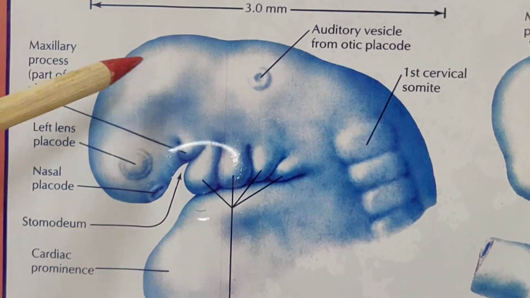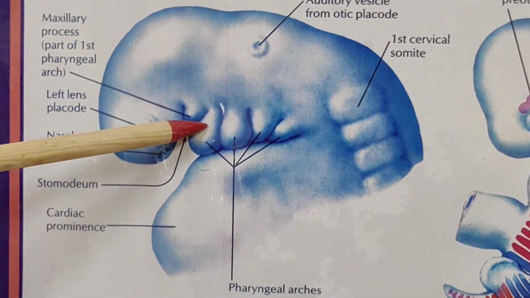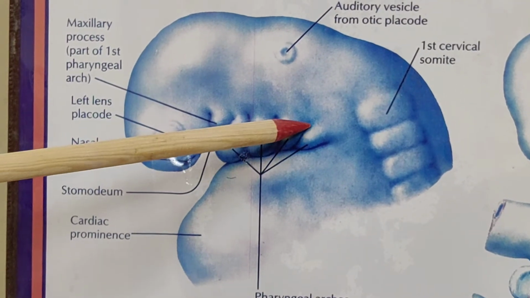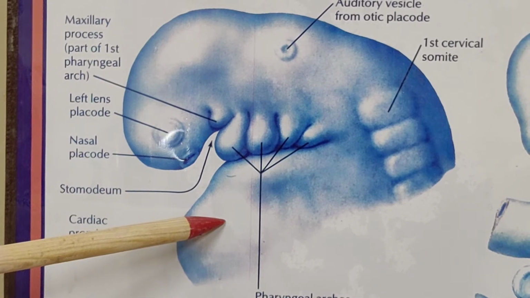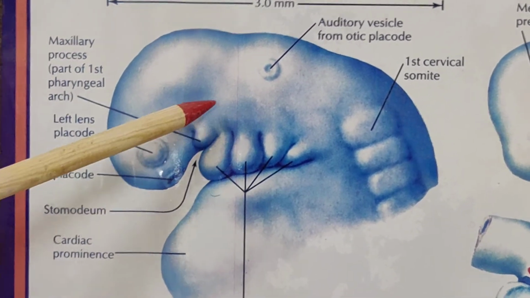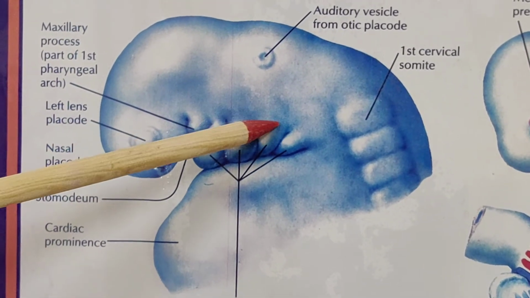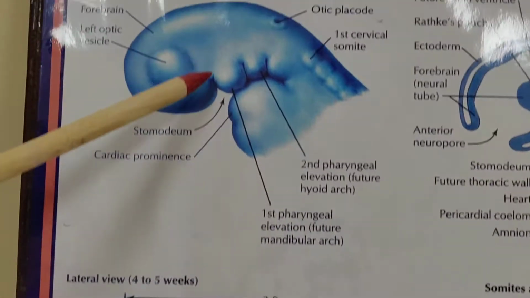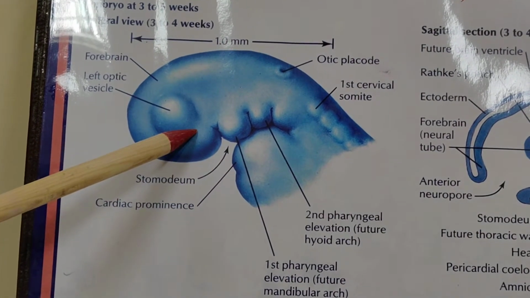Now with further development, we see the complete pharyngeal arches, and this is the head, and this is the developing pericardial cavity. Now this is the stomodeum, and now it is the formation of the neck region. Initially there is no neck region, as both bulgings are very close to each other.